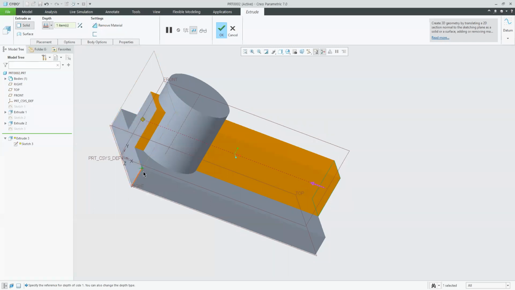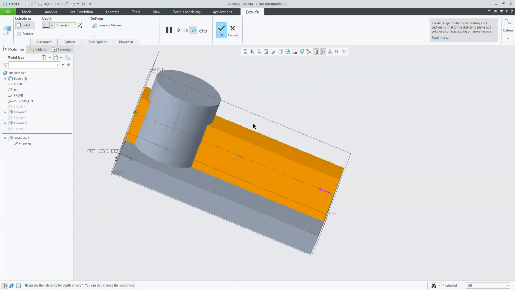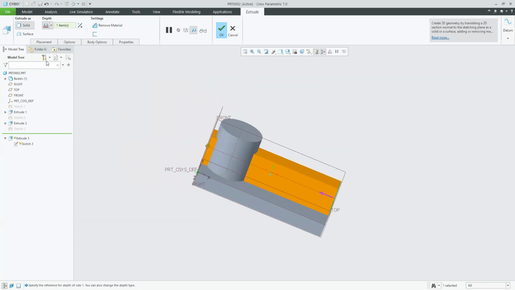This guy can go till the edge, or it can go till a vertex point. What all options are there? Surface, edge, vertex, quilt, body, curve, plane, axis, or a point. So if at all I create some point at this location, then it can go till that point also. And this specific guy is going to go only till the surface.